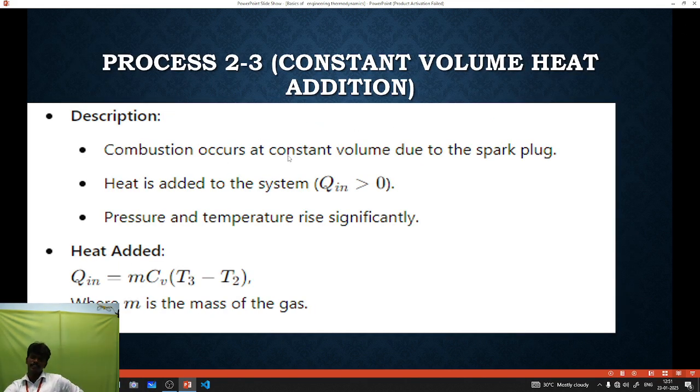The combustion occurs at constant volume due to the spark plug. Heat is added to the system. The pressure and temperature rise significantly. The heat added, Q, is equal to mass times specific heat at constant volume